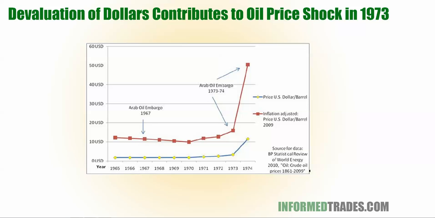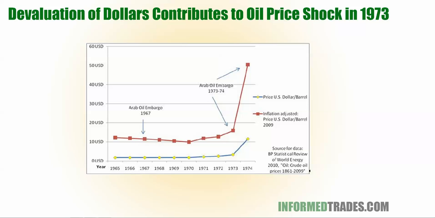And it was also at that point that the devaluation that had been going on of the dollar was sort of now realized and accepted internationally. So we saw a big spike in the price of oil, where a lot of the Arab OPEC countries said, you know what, we need to raise the price of oil because these are devalued dollars now. We cannot exchange them in for gold anymore.